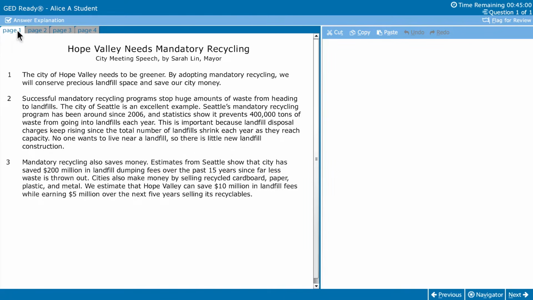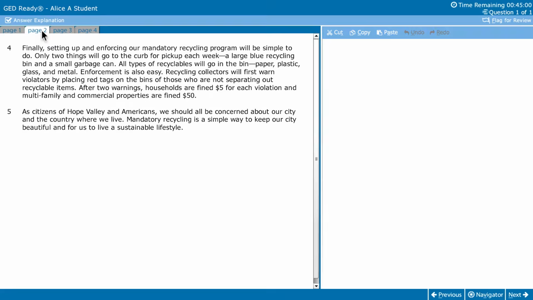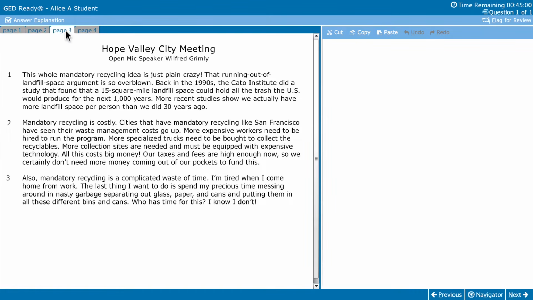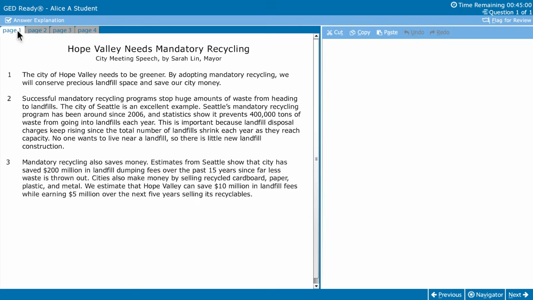But just adding reasons and evidence does not mean you have a convincing argument. As you'll see, you need strong evidence to build a strong argument. Look at the two passages. The prompt asks you to choose the position that is best supported. In video 2, I explained how to analyze the evidence and determine which argument is stronger.